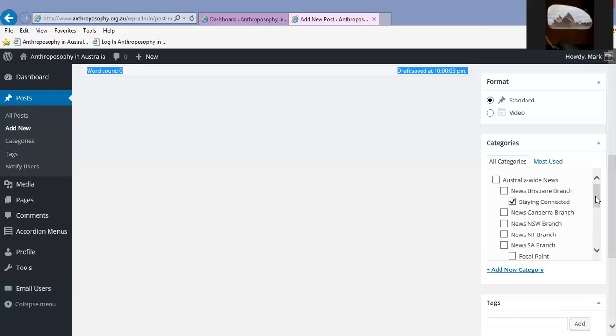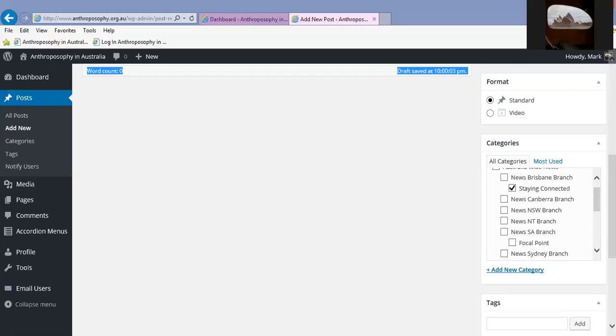Some people are a bit more skilled with working with the website, so they've created different things. You can see this Sydney branch has events, workshops, and talks, study groups as another category, and Tuesday lectures. So that's quite useful, really. But you need to let me know when you create new categories, new subcategories, and I'll change the menus to reflect that. So I've chosen Staying Connected because I'm assuming it's for newsletters,